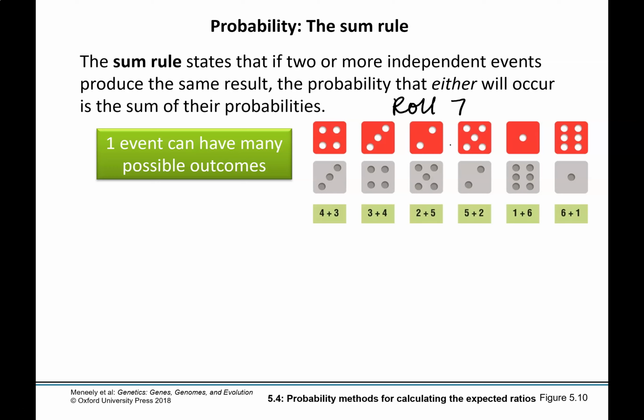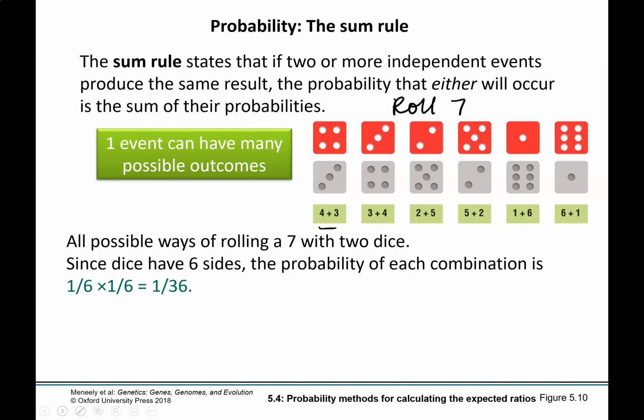Now this depends on which dice you're using, what number appears on each of those dice. So the probability of rolling, let's look at the first one, a 4 is 1/6. The probability of rolling a 3 is 1/6. So here we are first going to use the product rule. The probability of getting a 7 is going to be 1/6 times 1/6. What is the probability of getting a 4 and a 3?